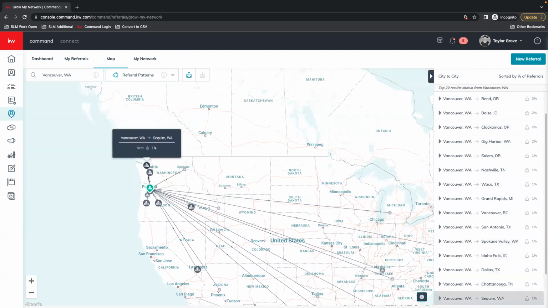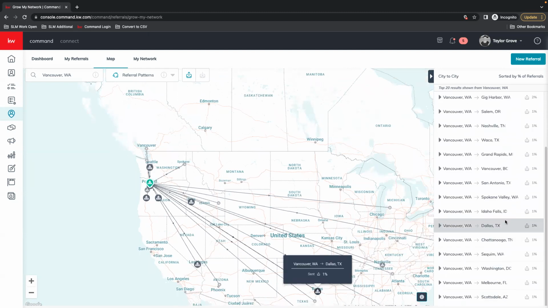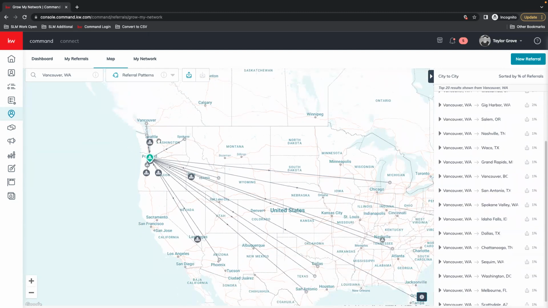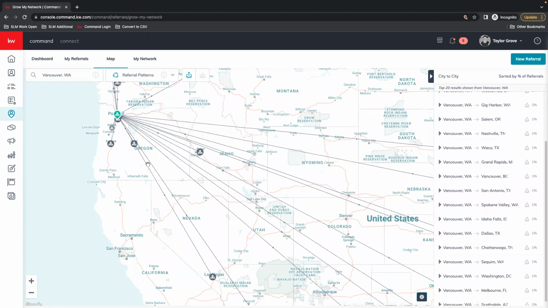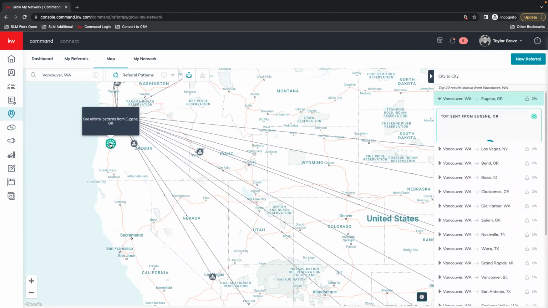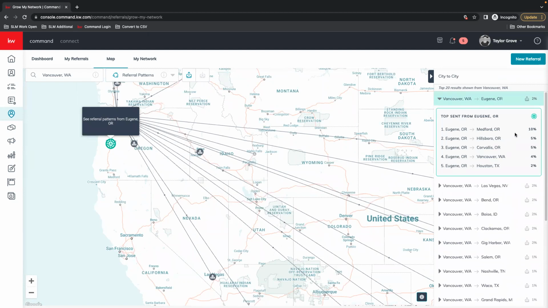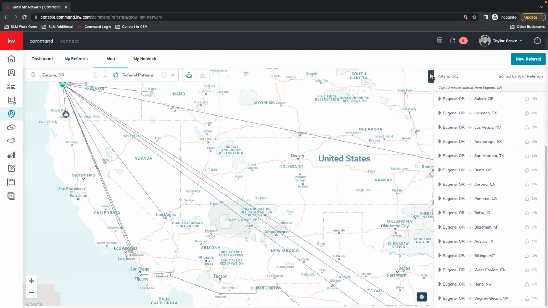And then these are additional locations. You can also click and look at that specifically. With each of these, looking at Vancouver to Eugene, Oregon, you can also then see from this location where those top referrals are being sent to.